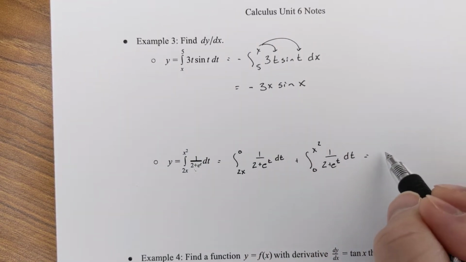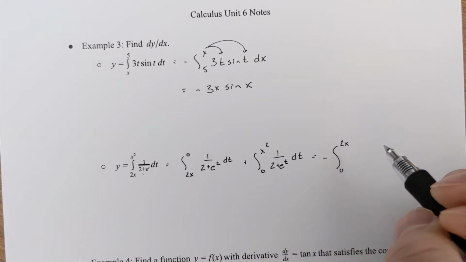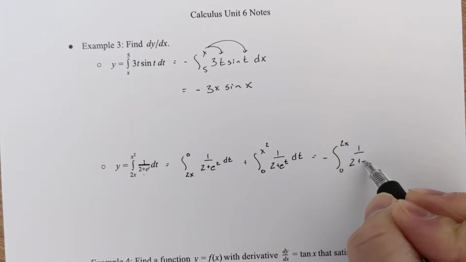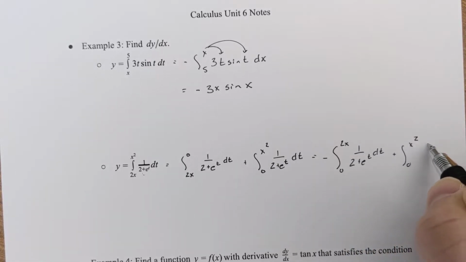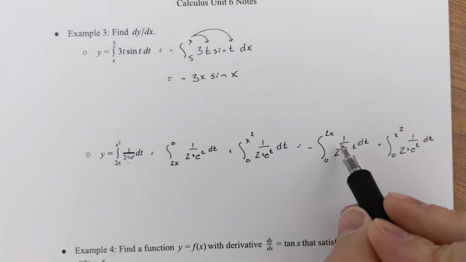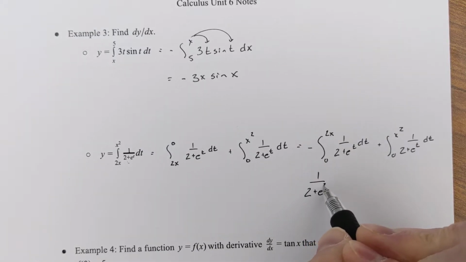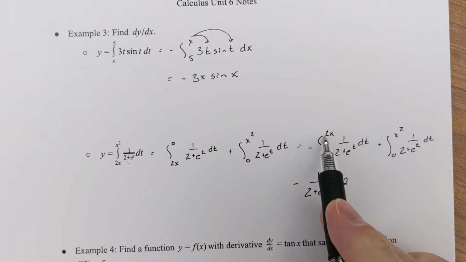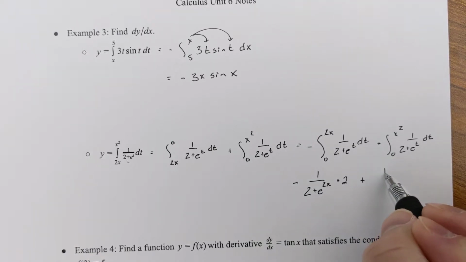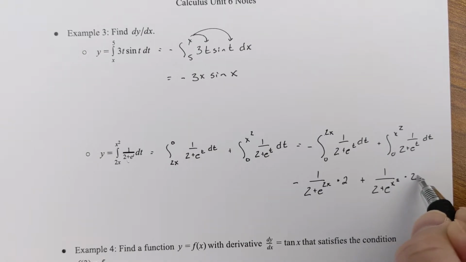So this first one I actually need to reverse just like I did the first part. So from 0 to 2x, negative sign goes out front to reverse the bounds of 1 over 2 plus e to the t dt, plus from 0 to x squared, 1 over 2 plus e to the t dt. And now I can do my steps. So 2x goes in for t here, so 1 over 2 plus e to the 2x, negative out front, times 2, the derivative of the 2x, plus 1 over 2 plus e to the x squared, times 2x, the derivative